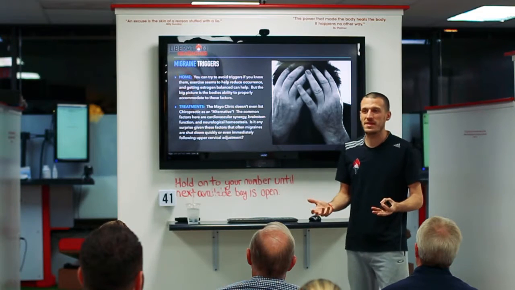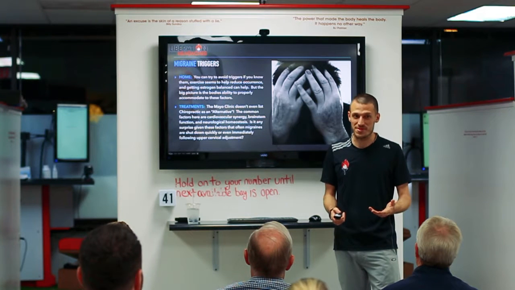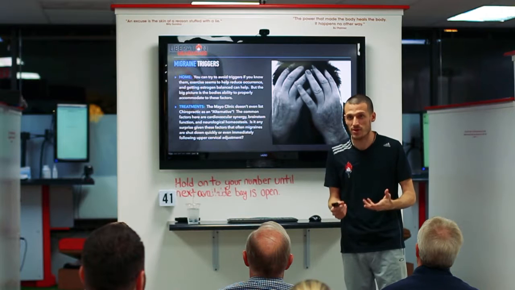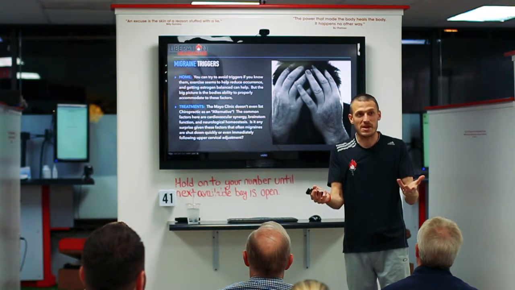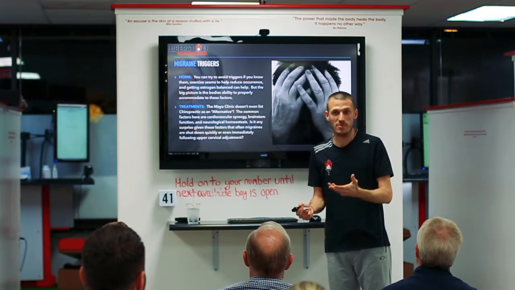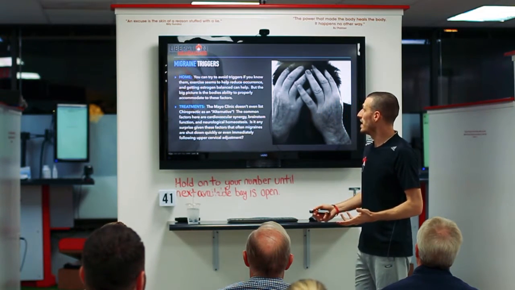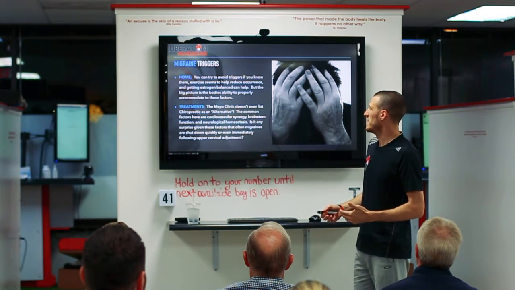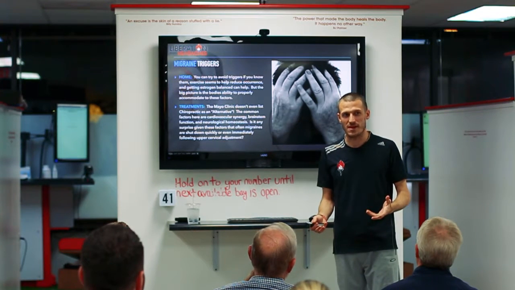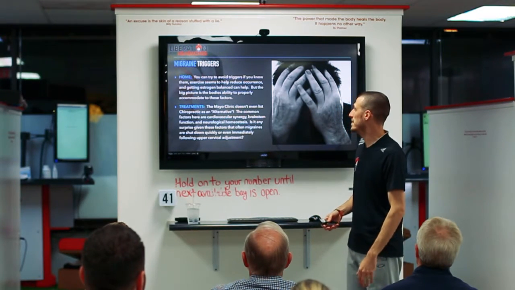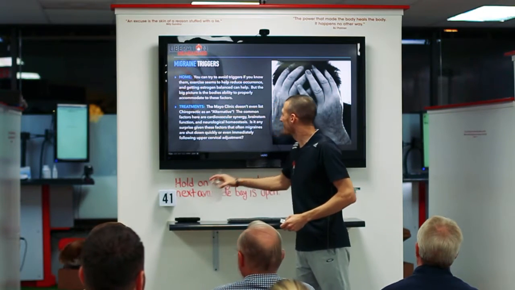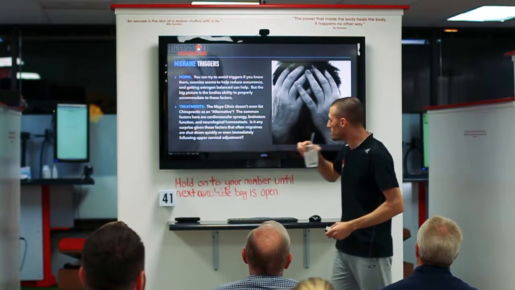Okay, so as far as home care goes, you can try to avoid triggers if you know them. That's easy if you know what your triggers are. If some people know they're around, for example, perfume or cologne, then they're going to get a migraine, so they just try to stay away from it. That's kind of hard when you're in public because some people wear too much perfume, right? Exercise seems to help reduce occurrence, and getting estrogen balanced can help, but that's not always easy either, right? How many women have estrogen imbalance issues? Too many.